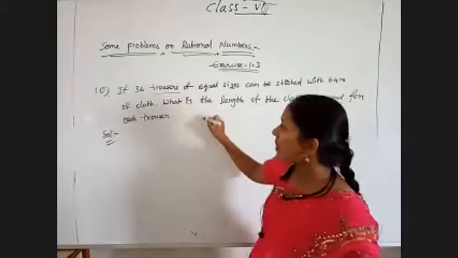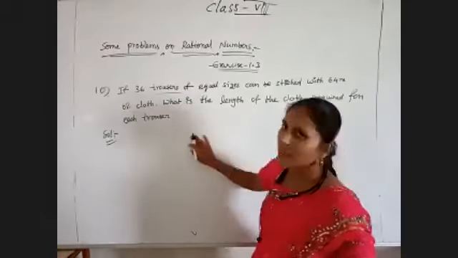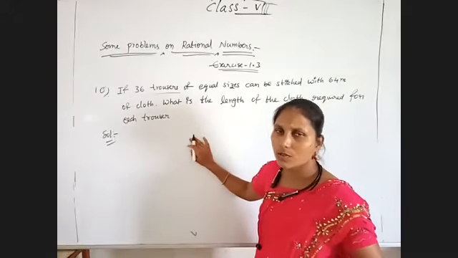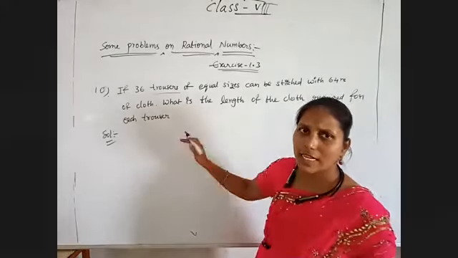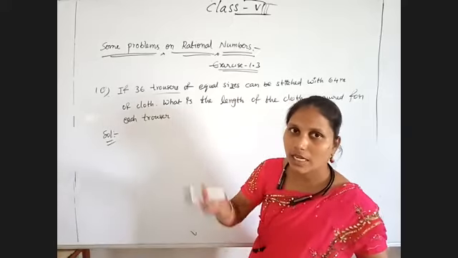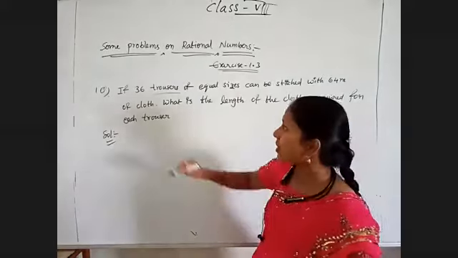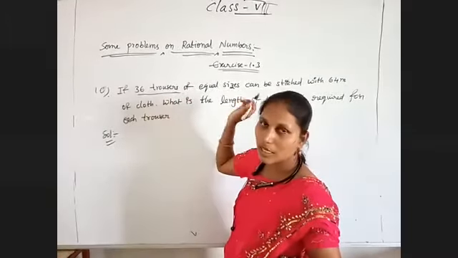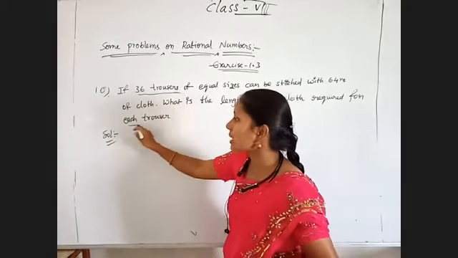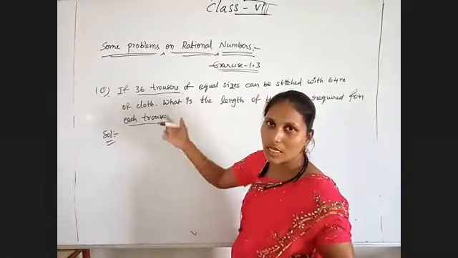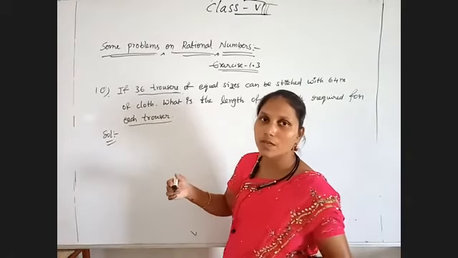Okay, if one value is given, for suppose the cost of one pen is equal to 10 rupees, what is the cost of 5 pens? That is 5 into 10, 50. So for one item they are given and then the number of items increased. In that case, we have to go for multiplication. Here the number of trousers is more, they are given the value and they are asking for one item. Each trouser means one value. In this case, reversely we have to do division.